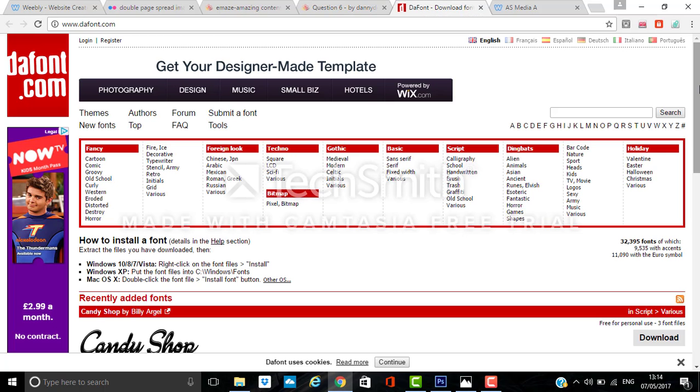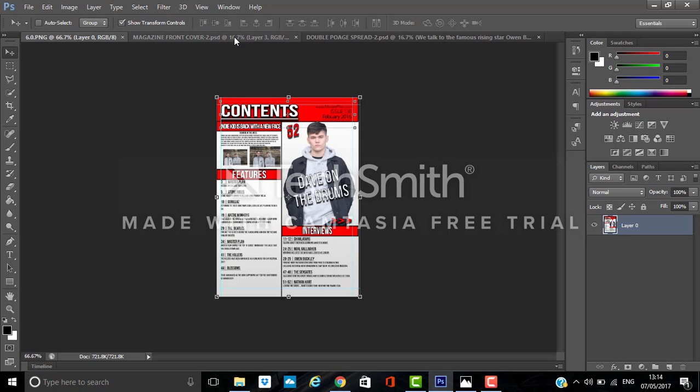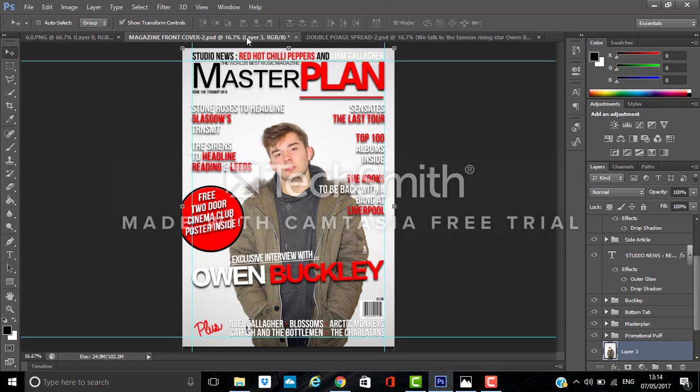The font site allows me to download fonts, which are different from Photoshop fonts, and allows my magazine to look unique and differentiate from the rest. The main font that I've used is Babus New. This is a common font throughout my magazine, as you can see in this Photoshop, in here, in my magazine front cover. I've used the font throughout because I really feel like it strongly represents the indie genre, and it's not too